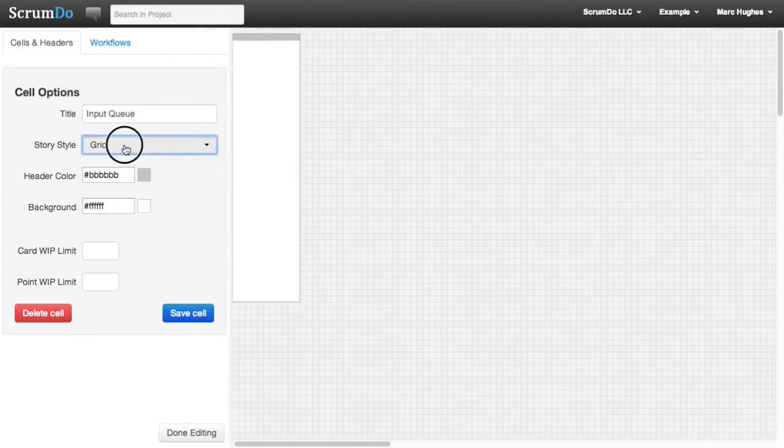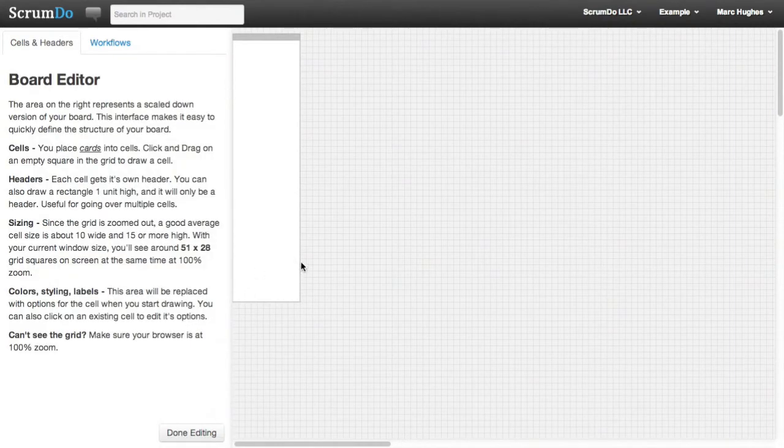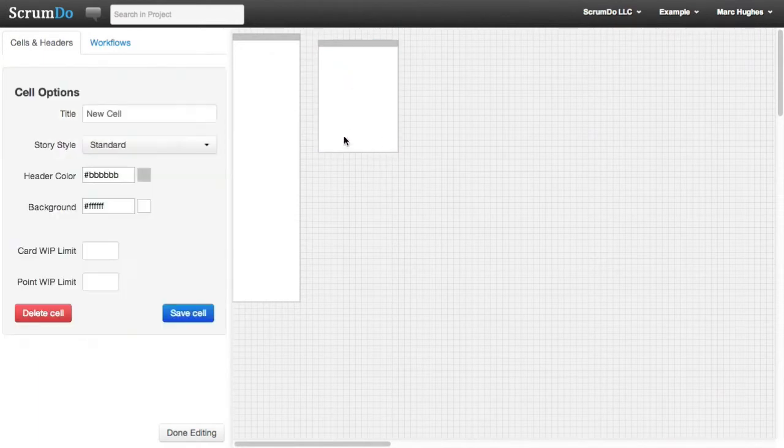I'm going to select the list style because it allows me to show a lot of cards in one big cell. I'm going to leave all the other defaults and just go ahead and save that. Now I'm going to create 2 lanes for work to go through. The first one is going to be for my new features, and like I said, I want 3 cells for that. So I'm going to make a cell for doing,